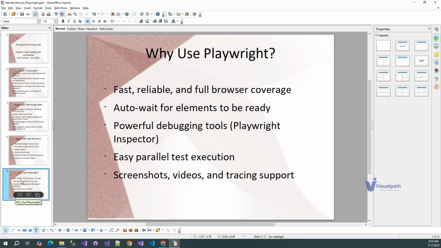One question here. You said there is no wait option in this. In Selenium, we have synchronizations like implicit and explicit waits. So in Playwright, there is no wait option? No, there are waits. When I say auto wait, it doesn't mean they don't have wait. Auto wait means